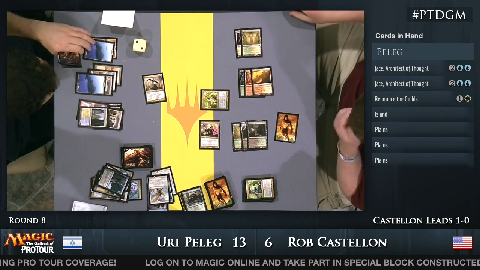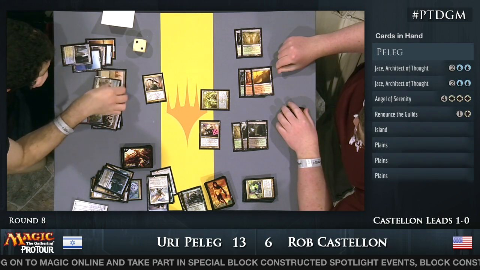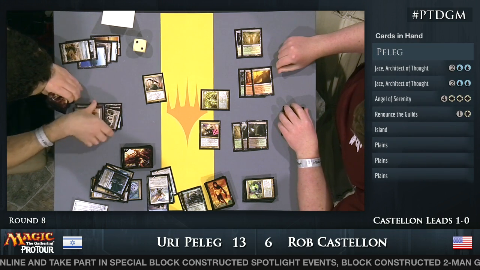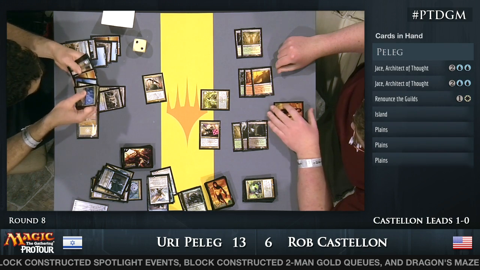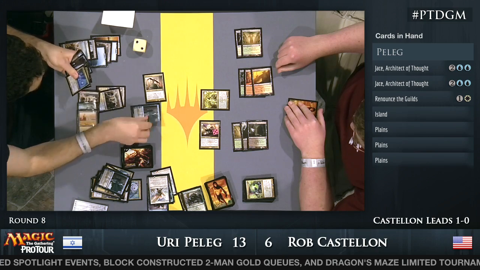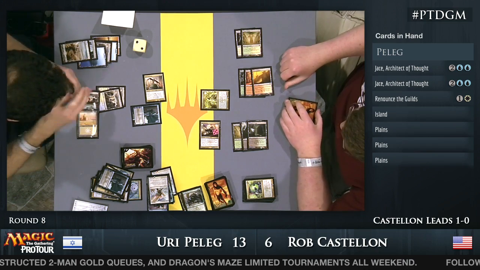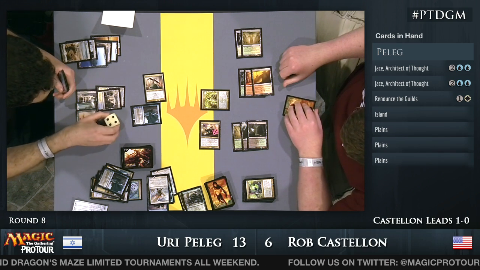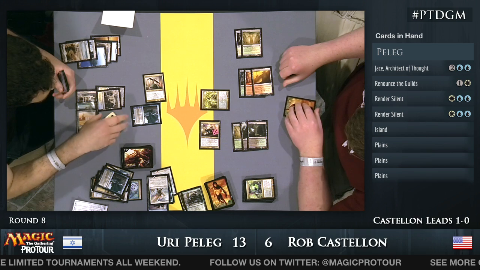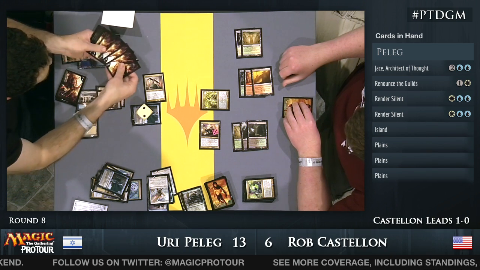Attacks him for 3, takes Castellon to 3. And now he just sits on the Render Silence, and there's really not much that Rob Castellon's going to be able to do. Another play land? Another Jace. Yeah, it doesn't matter. I mean, when you resolve 3 Jaces in a game, you're going to have a good part of the game. -2. Yeah,